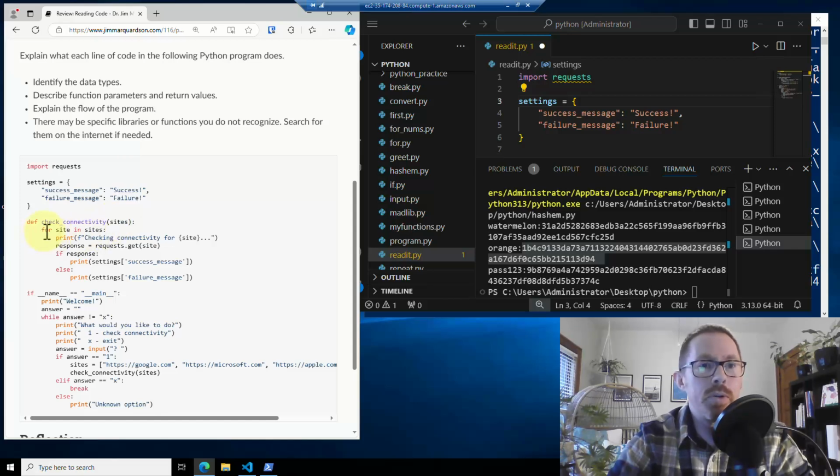Okay, so for site in sites, it's going to print a message. We're using f strings, checking connectivity for site. And then from this requests library, it's doing something. It's saying requests.get site. So I'm not even sure what a site is at this point. It's not clear from the code up to this point. So it's storing that response,